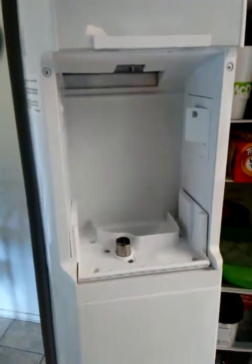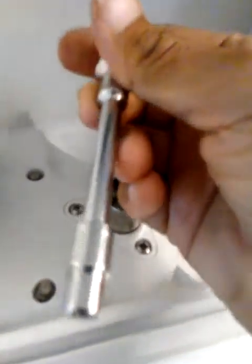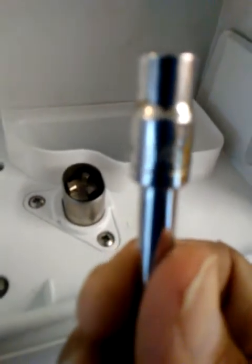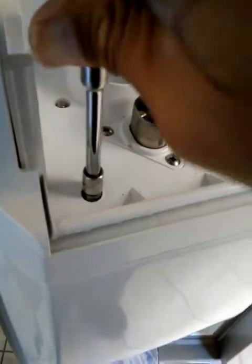4 screws. I'll go 1, 2. It's 1 at the back, 3, 4. So let me go ahead and secure those 4. And those 4 screws get secured by the, it says a 1/4 inch socket. Anyway, it's right there, right above my finger. So 1/4 inch socket. So just secure the 4 screws there,